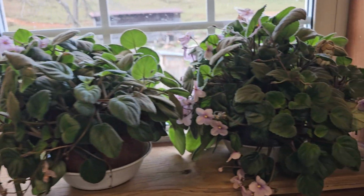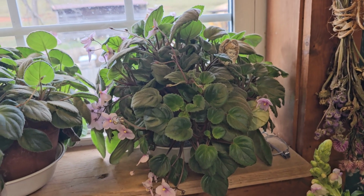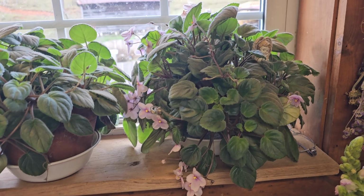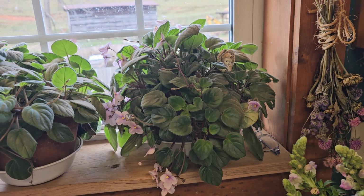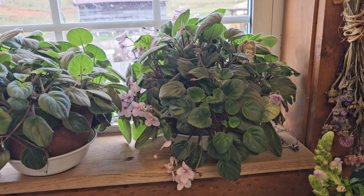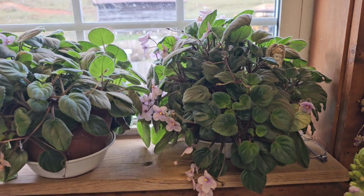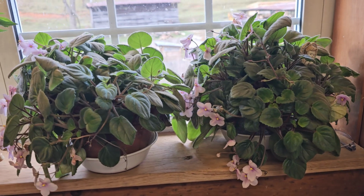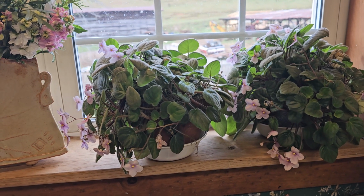The one that my mom had was about half the size of that one. And she had it in her nursing home room. She was in nursing care for the last year of her life. And it had gotten knocked out of her window and broken. So I brought it home and repotted it in a couple of different pots. And then it grew and it grew and it grew. So I cut